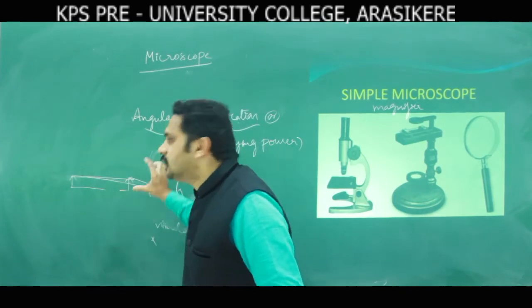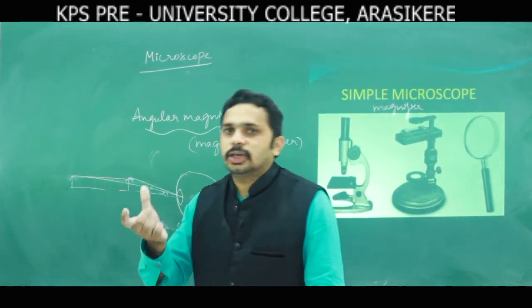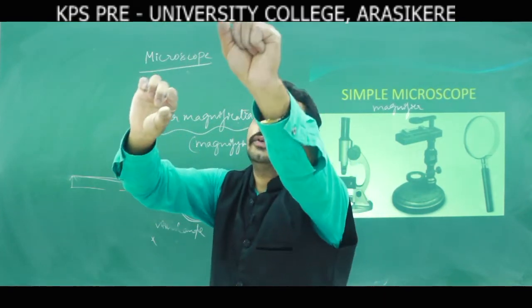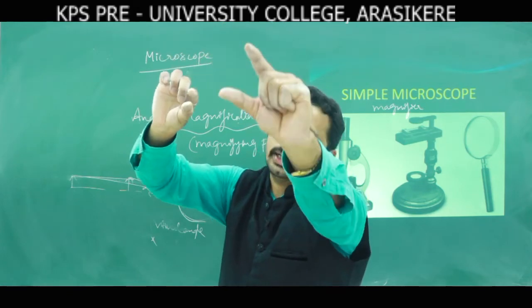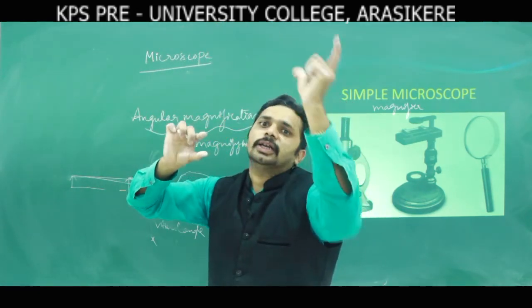If visual angle is more, size of the object appears more. If size of the object appears less, visual angle is less. And for the same object, if you go far away, the apparent size of the object decreases. The same object you bring closer, the apparent size of the object increases.